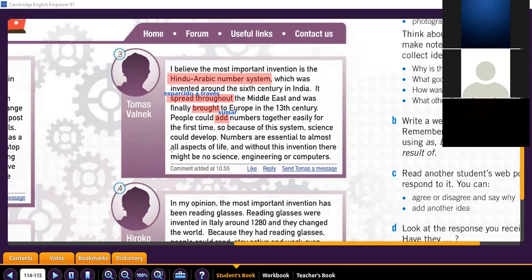Sin los números. Okay, guys, so can you recognize which phrase is used in this case to talk about the opinion? ¿Con qué frase ustedes están dando su opinión? I believe. I believe, exactly. Yo creo, ¿no? I believe. So this could be the phrase. Now,